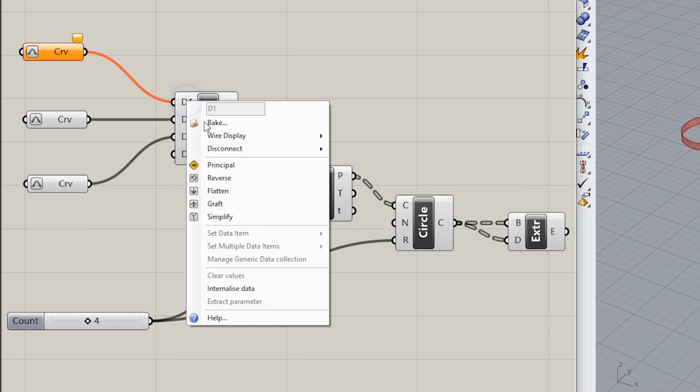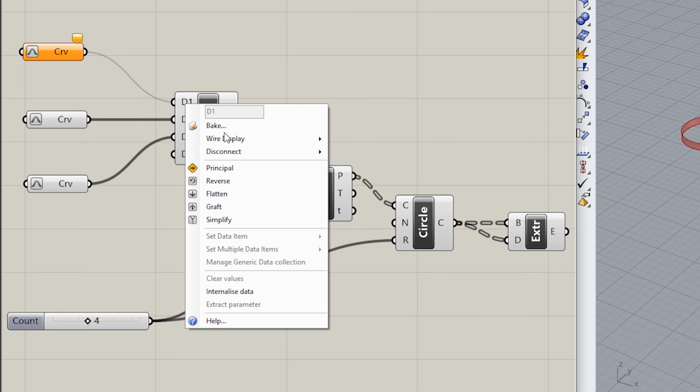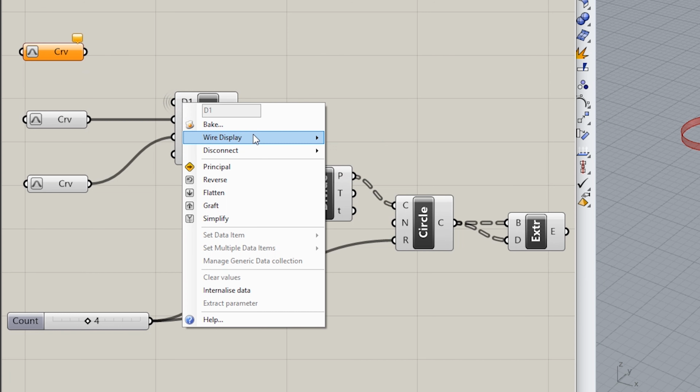So right click on the input, go to wire display and faint. Now you can see it has a little lower opacity, and you can even hide it, but it will keep on functioning. Go to hidden, and you will see a little Wi-Fi kind of icon, and that's pretty nice. And go to wire display and default.